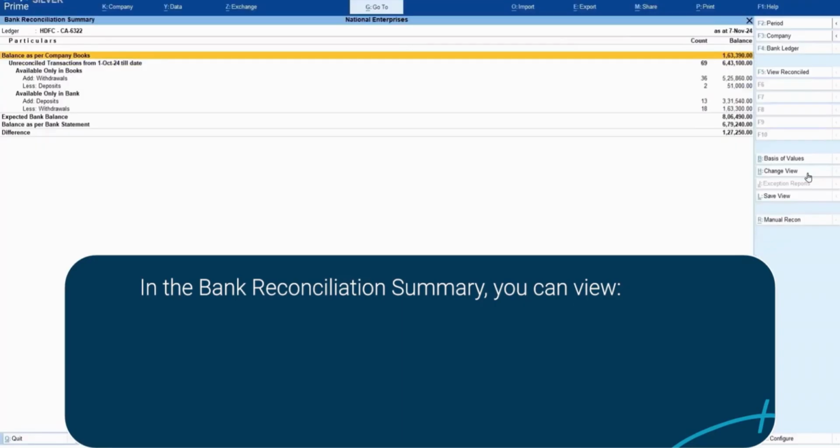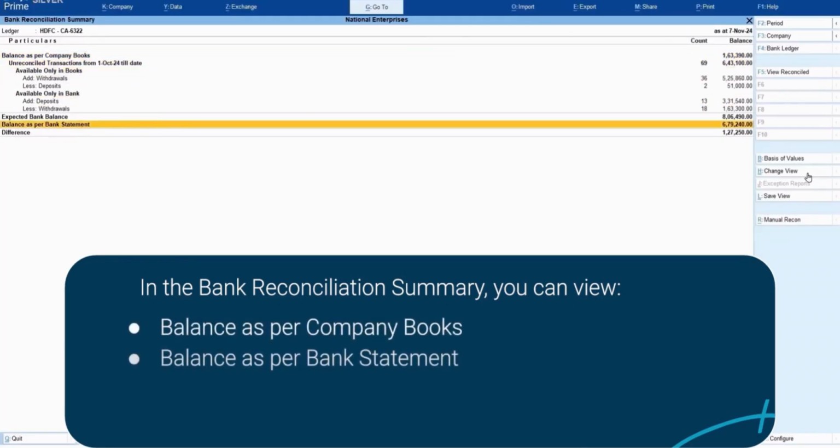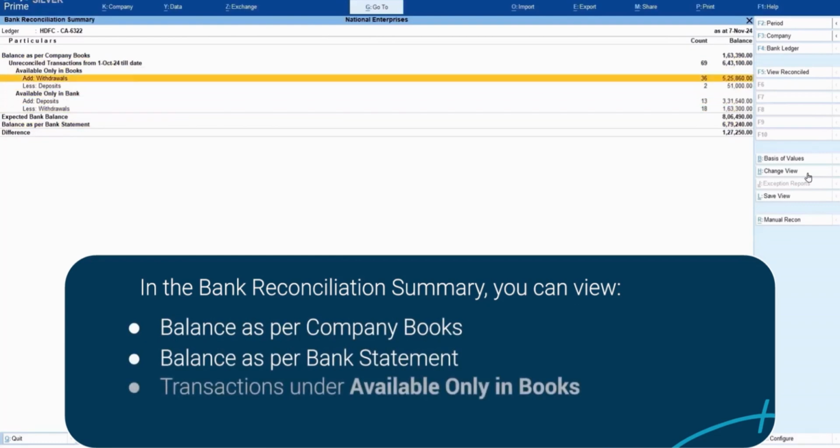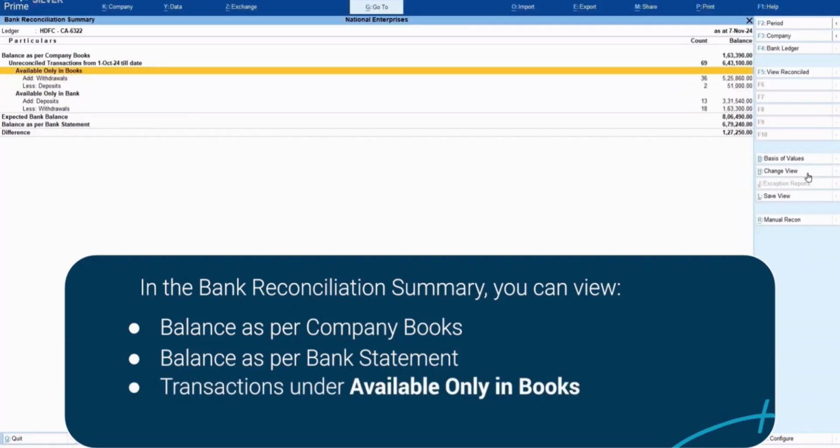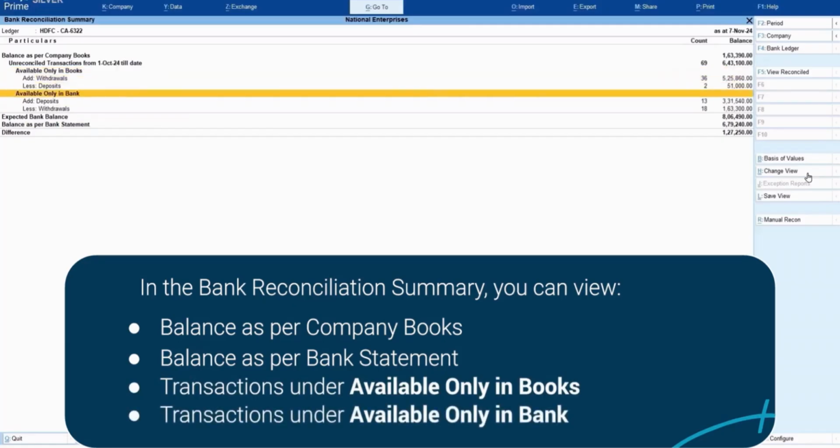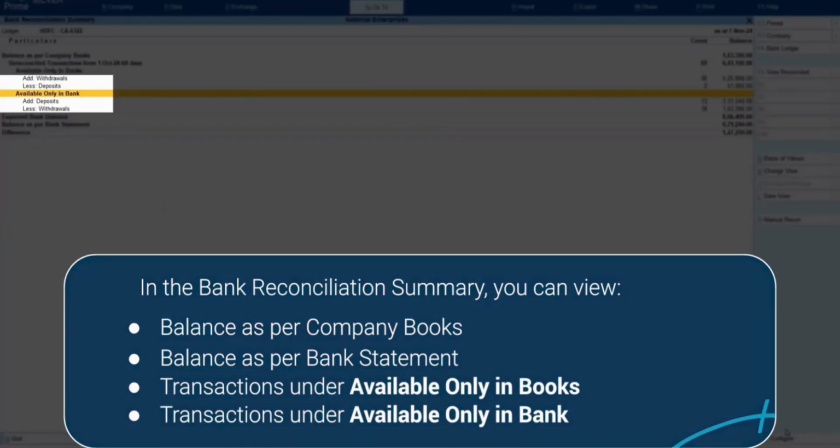In the bank reconciliation summary, you can view your balance as per company books, balance as per bank statement, as well as transactions under available only in books and available only in bank sections, along with the count and amount of withdrawals and deposits.